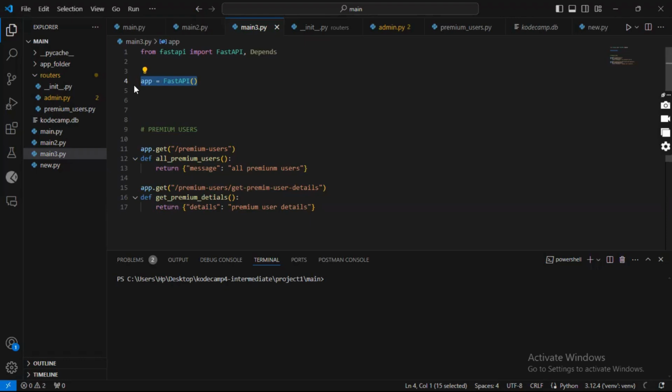What happens now is that FastAPI provides us with a function called APIRouter. With APIRouter, you can create a sub route for your application,